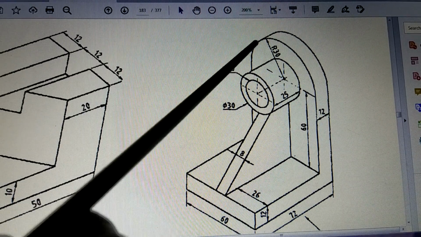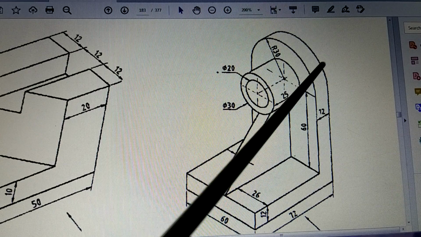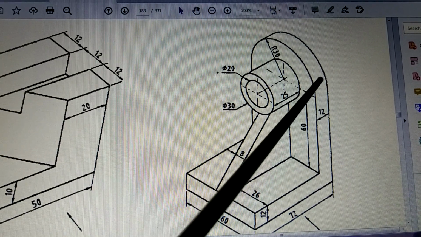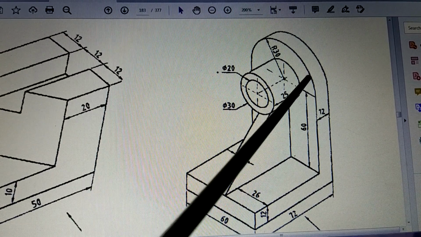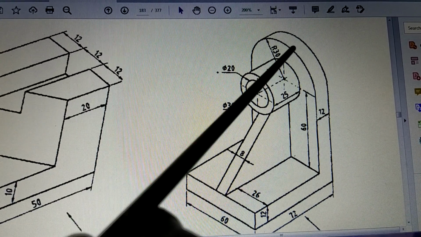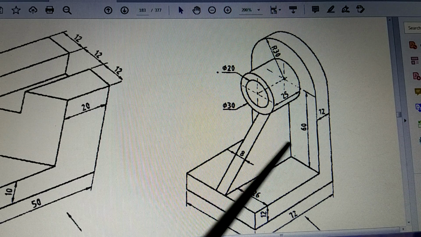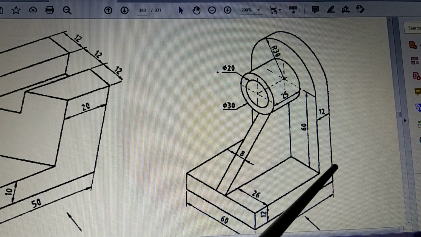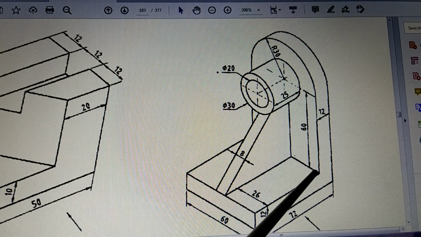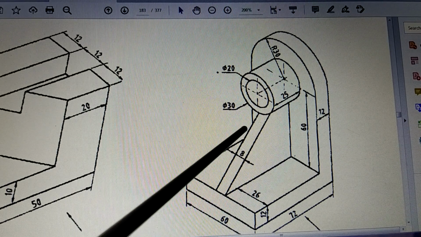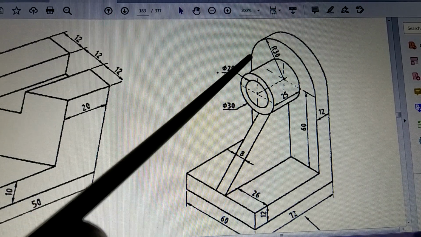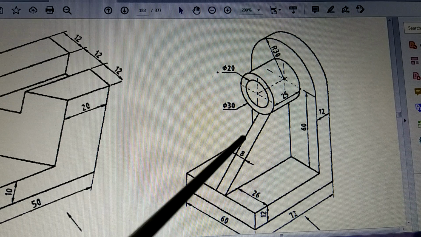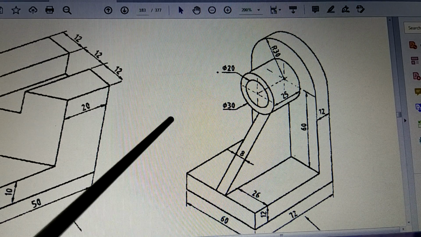Similarly, there is one more curved surface, curved edge here. Or this is the width of this back plate which is there. It has got a width of 12. So this 12 will be seen at a distance of 12. There will be one more line drawn. So in this rectangle on this side, this is the last line of the rectangle of length 60, and you have to draw one more line at a distance of 12 starting from here. So this line you will be drawing till the end to represent this surface, whose length is 60.